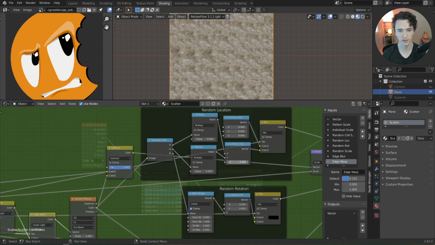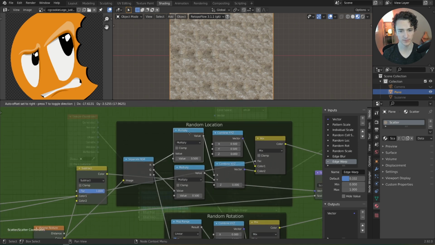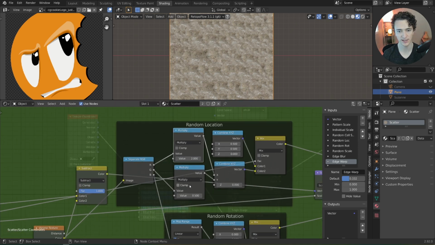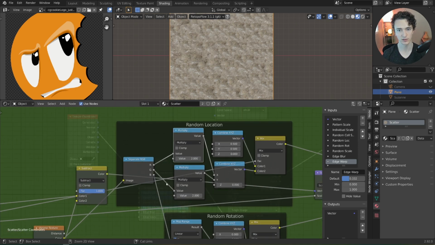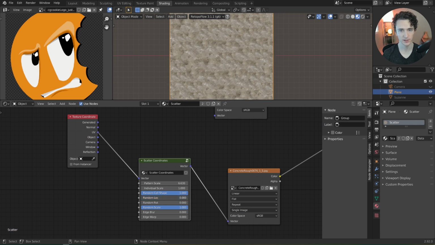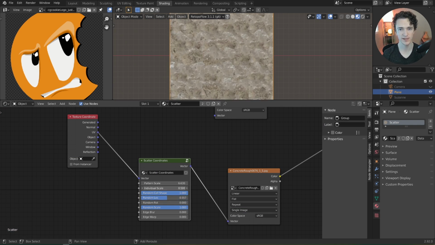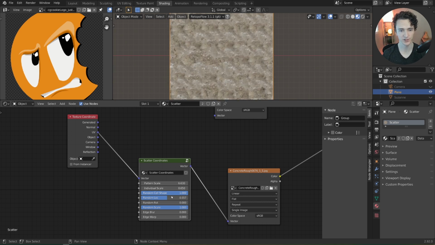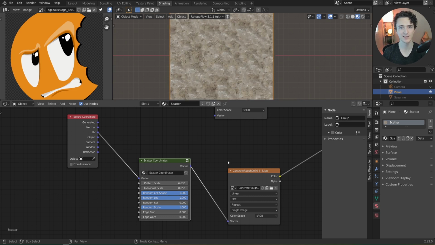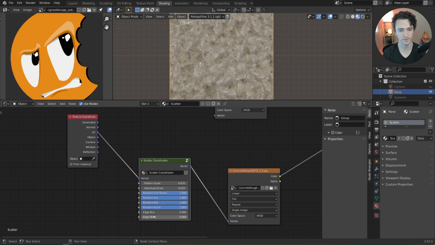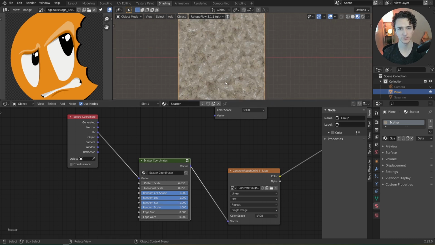If we go up here, we've multiplied by 0.5. So let's multiply this by 2 instead. So we get a much larger area that it'll travel between. And then if we zoom in a little bit for the texture and then increase the random location, essentially it's just picking a random spot in the texture to show up in this cell, so that not each cell has the same part of the texture in it. And then we can change the random rotation here. And it still looks pretty decent,